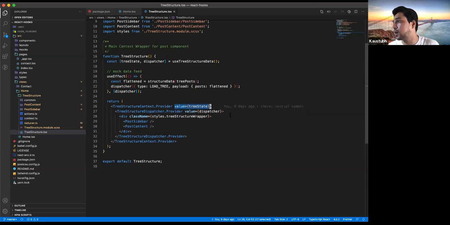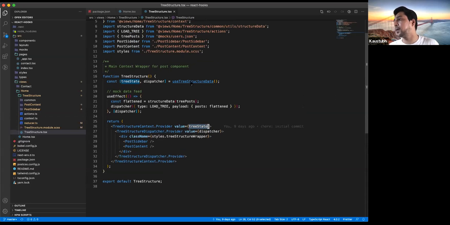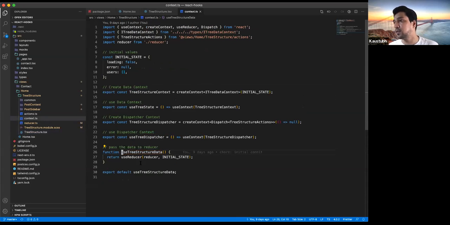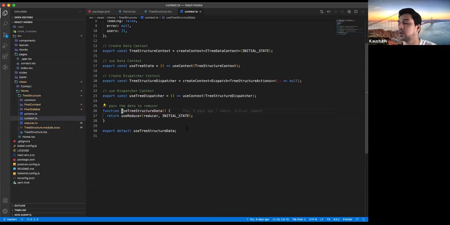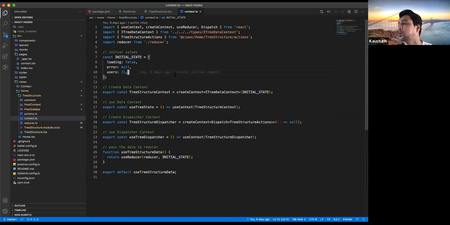And how we get this value is by additionally passing it via a useReducer hook. The useReducer hook, as we know, is going to return two values. One is the main state that it is holding, and the second is a dispatch handler, so as to mutate that state. It takes two parameters as said, the reducer and the initial state. So let's see what our initial state would look like.